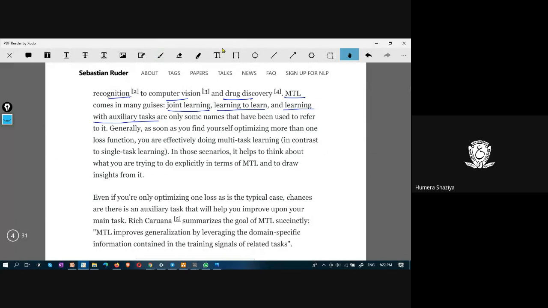And here, optimizing more than one loss function also helps in effectively doing multitask learning, in contrast to single task learning. In those scenarios, it helps to think about what you are trying to do explicitly in terms of MTL. This means optimizing more than one loss function.